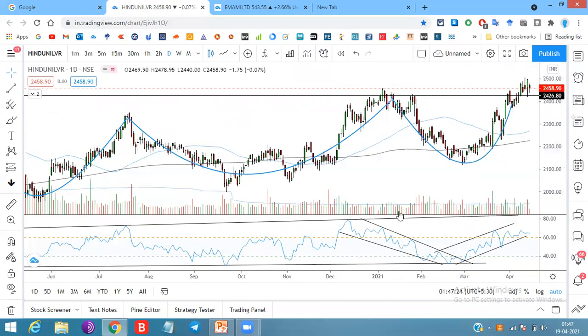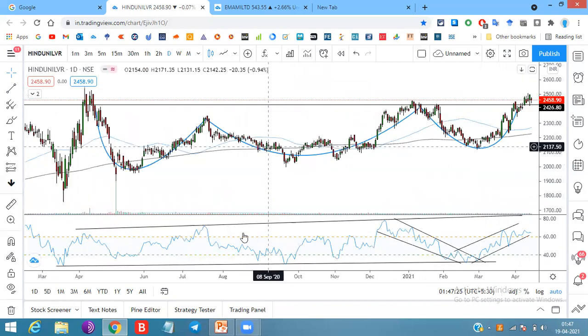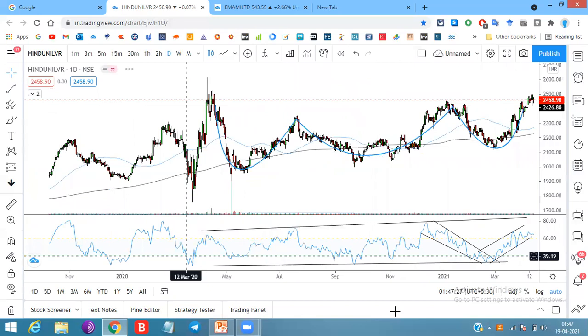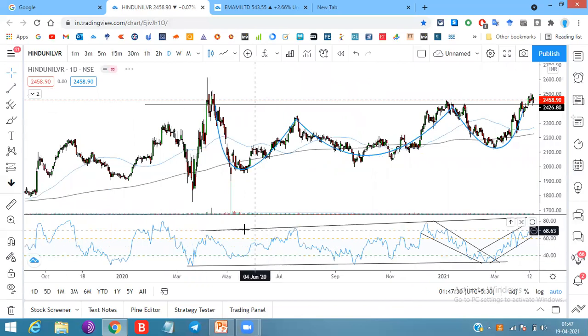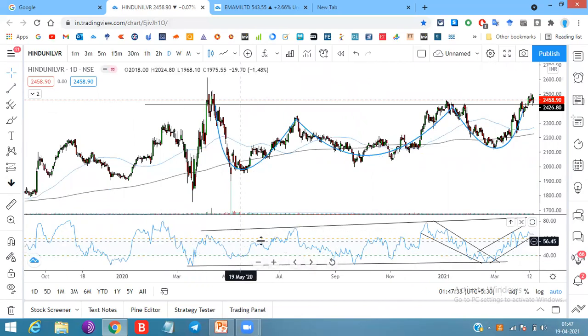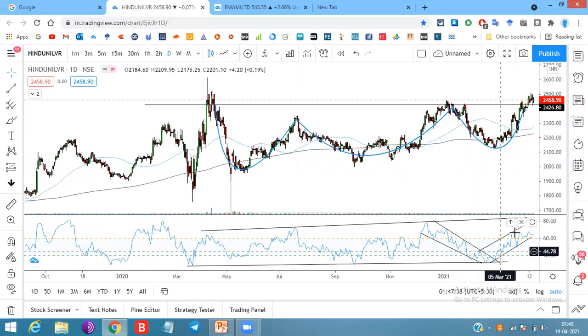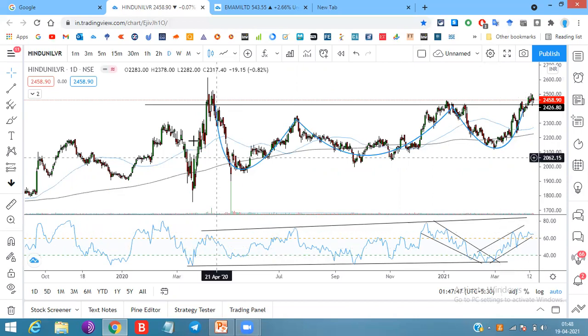So this is how I plot the Hindustan Unilever. This is actually a perfect example for the RSI channel and segmentation. You can see that there is a channel 2 example, a channel 1 example, a signal revisited example, a descending channel breaking from upside example, and an example of signal revisited in an ascending channel. Okay, guys.